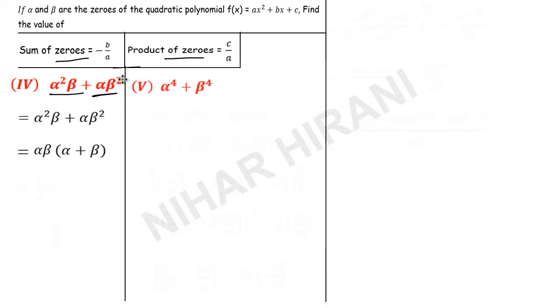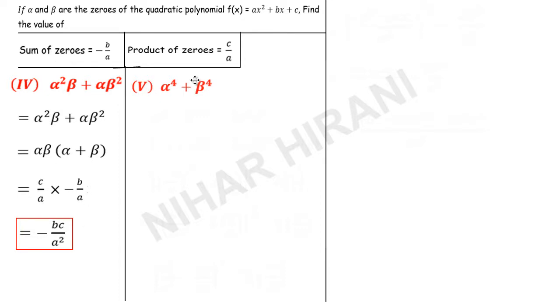Now I have all the values. This is product of zeros, that is c upon a, isn't it? I took this information from here. Important information, product of zeros. Now the sum of zeros will be like this. I will further simplify this. So this will be bc upon a square, and that is negative because of this negative, and that's it. We got the answer. So the fourth one is really very easy. Now let us solve the fifth one. The fifth one is lengthy, but it's again really very easy if you understand the concept.